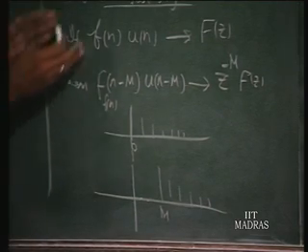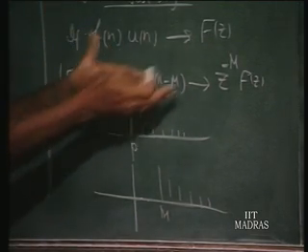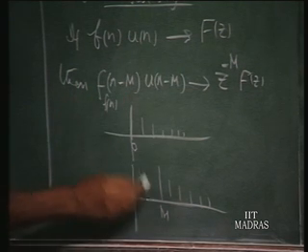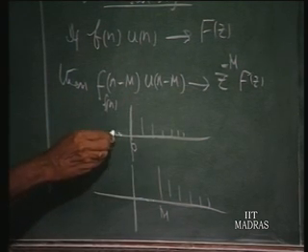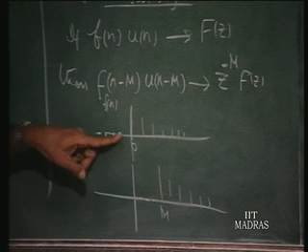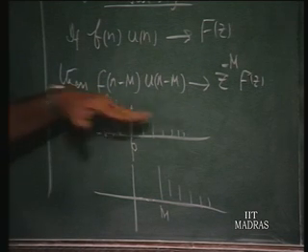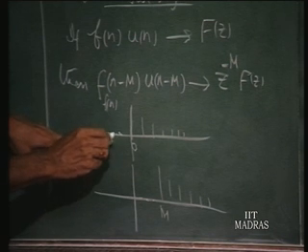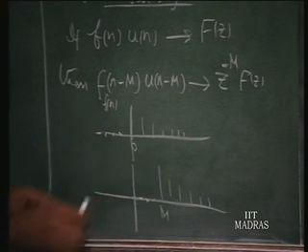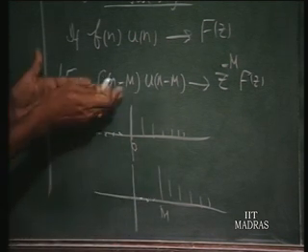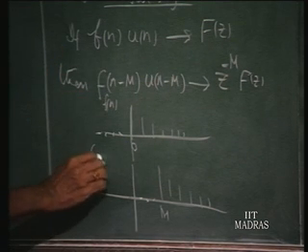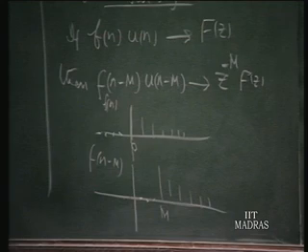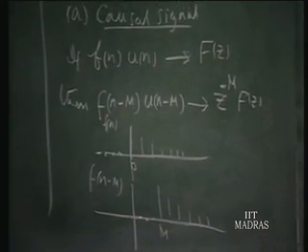Therefore the whole series will now be multiplied by z power m, and in the process when you delay this, no new samples are introduced because this is a causal function. Therefore earlier we assumed these are zeros for negative values of n. So when you delay this function, these non-zero values will occur here. Therefore no new samples are introduced as a result of this shift. So consequently a causal function, if it is delayed by m units, you have the Z transform z power minus